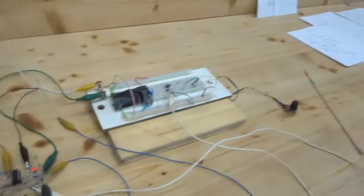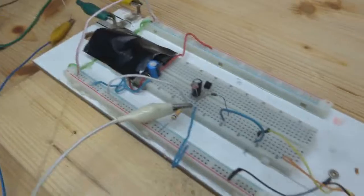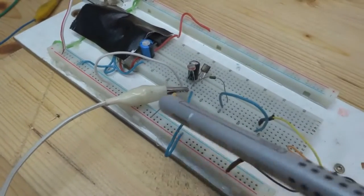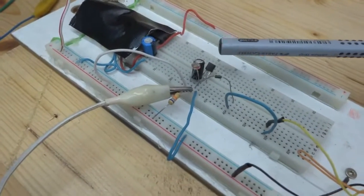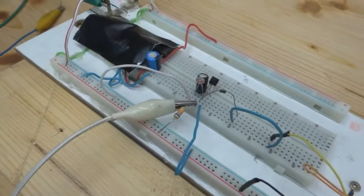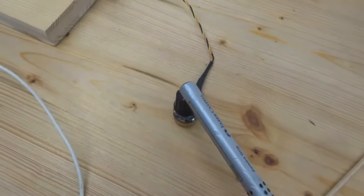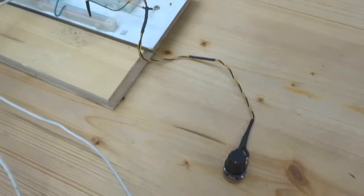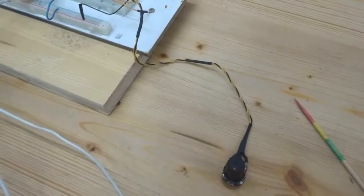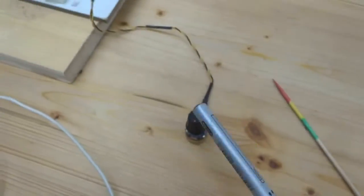And here is the circuit, the dusk sensor, again an LDR, 2 resistors, a transistor and a capacitor for extra filtering. And here is another potentiometer where I can fine adjust when in the evening the solar panel turns back to its starting point, so to east. Fine adjust. Yeah. So if I covered it,